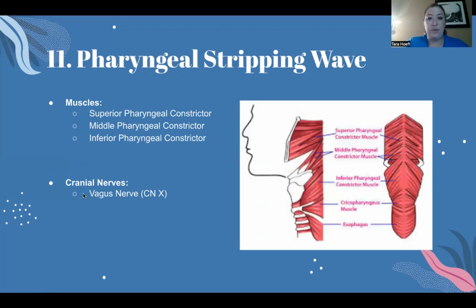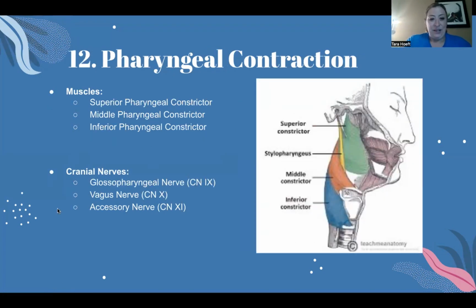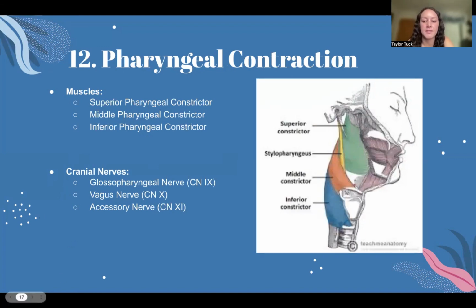The pharyngeal stripping wave. The vagus nerve is responsible for the motor function of the pharyngeal constrictors, allowing them to move the bolus down the pharynx. The glossopharyngeal nerve is involved in the elevation of the pharynx via the stylopharyngeus muscle. The vagus nerve is still responsible for the motor function of the pharyngeal constrictors, allowing them to move the bolus